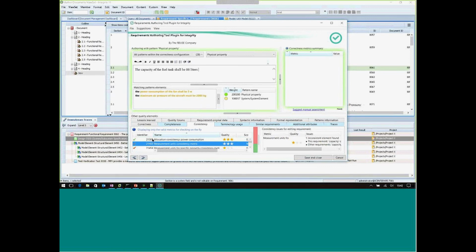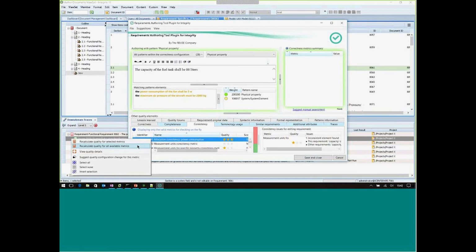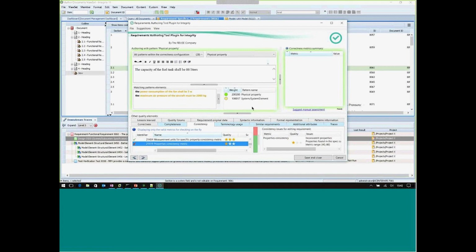I can recompute those. And again, unlike completeness, these aren't done on the fly. You can imagine recomputing completeness across a requirement document with thousand requirements in. That can take quite a while. So we're consistent with respect to litres, but what we have now here is we've got a